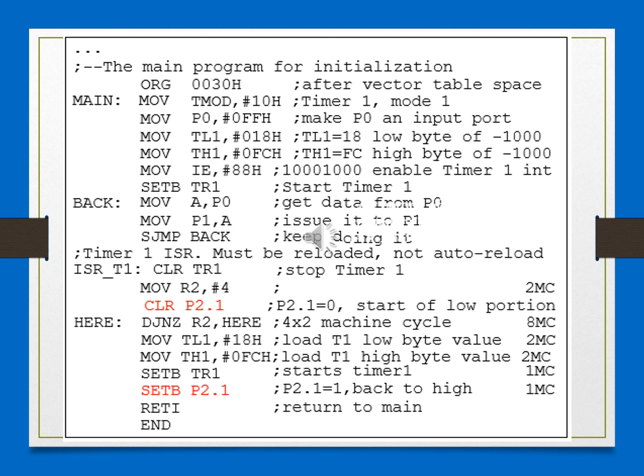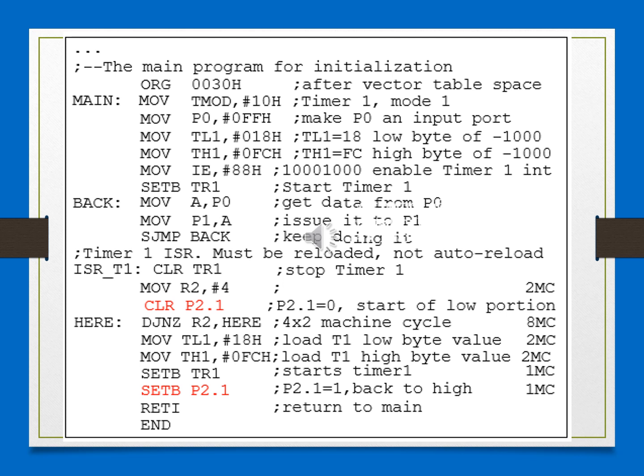You stop the timer. Then you're loading some value into R2 to generate the off time period. You're also clearing P2.1 because you are now generating the off period delay. The value you are taking into R2 is 4 in decimal. Then you are decrementing it, staying in the loop till it becomes 0.